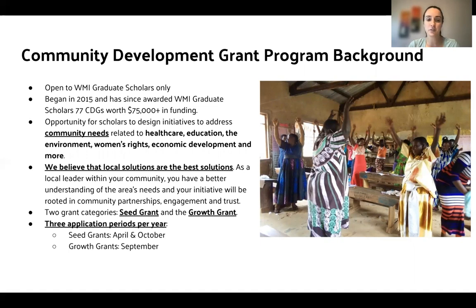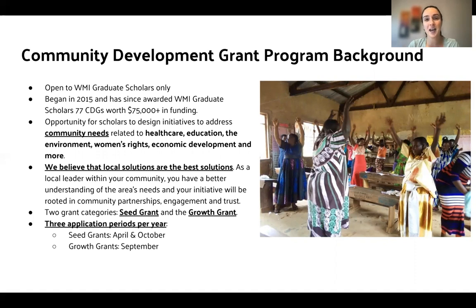We have two different grant categories: the seed, which is the first step, and then a growth grant, which you can apply for if your seed grant is implemented successfully. So step one is to apply, be awarded, and implement a seed grant. In the future, you may qualify for the growth grant.